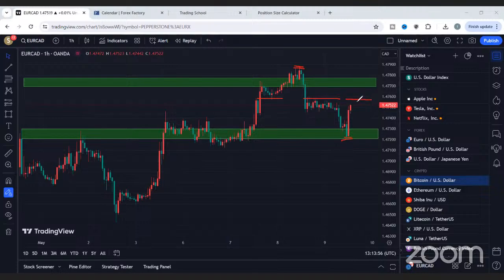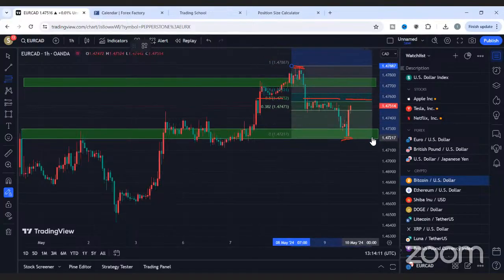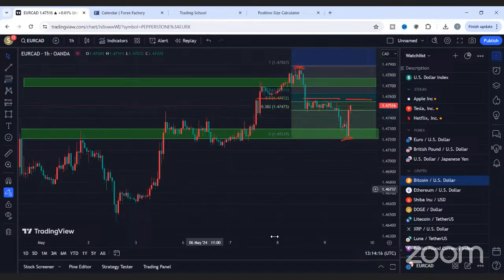If you do that, this should give you like the 50 or 61.8 area of confluence. Let me just do that for you as well. It should give you that as confluence if you pick the Fibonacci and draw from these highs to these lows over here. And you can see what we just talked about now. It should give you that area where we have 50, as you can see, and it should act as a form of confluence. And if this should smash through, then this area should be where price is going to.